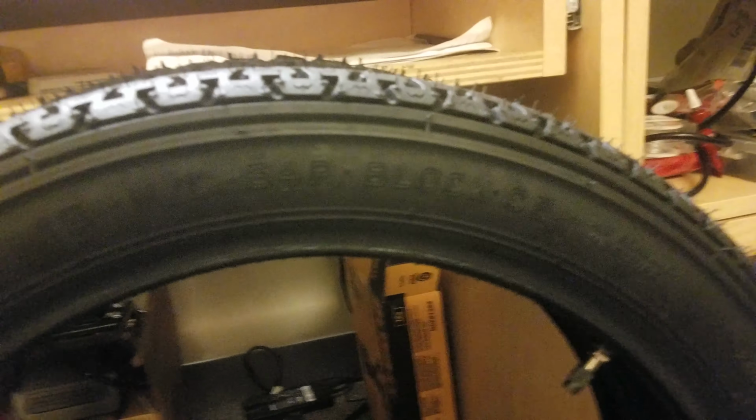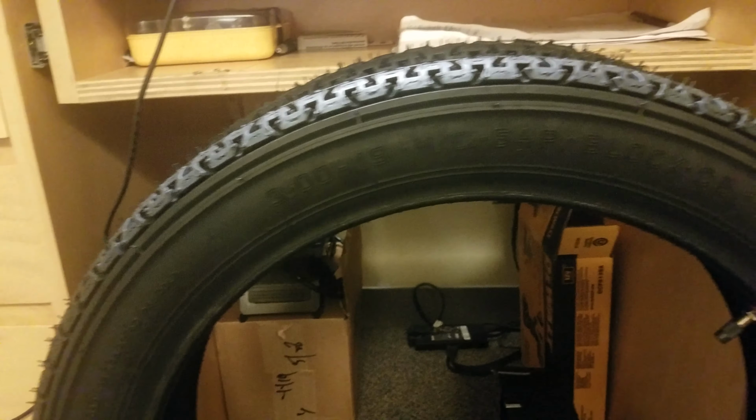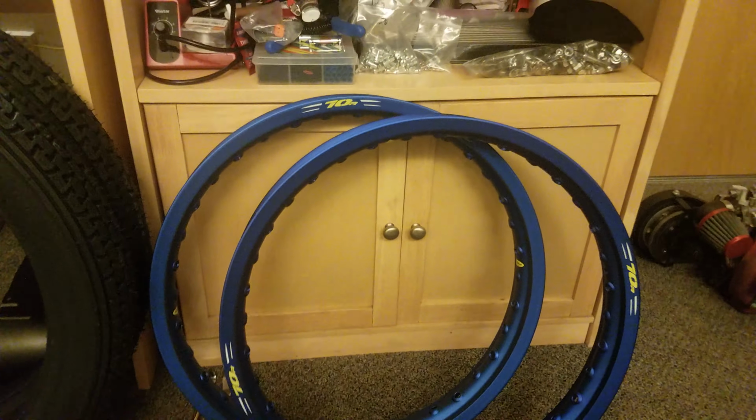Something you can do to upgrade, because as you notice, these are Maxxis Hookworm 26-inch bicycle wheels, or 26 by 2.5. These are 3 by 19 motorcycle 54P Black C5 bias ply motorcycle tires for 19-inch rims, which are here. These are 19 by 1.85, 36 hole DOT Pro, I think they're like Pro Wheel or something,